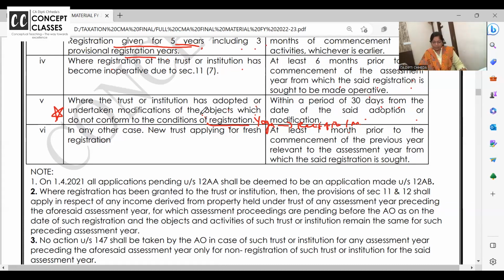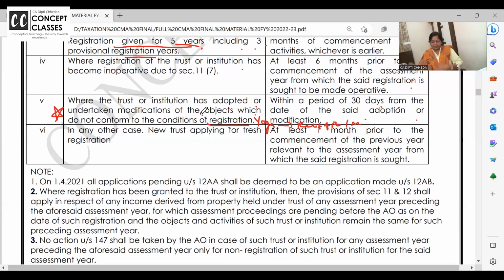Clear to all of you? You'll have to apply for the trust registration. Those who know GST, suppose I am a registered GST supplier for kitchen appliances, but now that business is not being supportive and whatever issues, I close it and I open a restaurant. Can I use that same registration for restaurant? No, please, the category is changing. I was selling goods, kitchen appliances. Now I'm providing service in the restaurant.